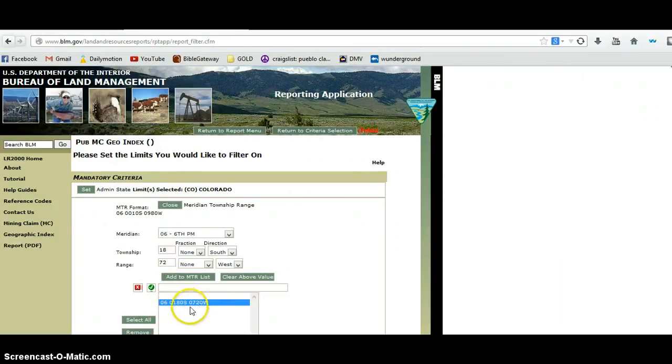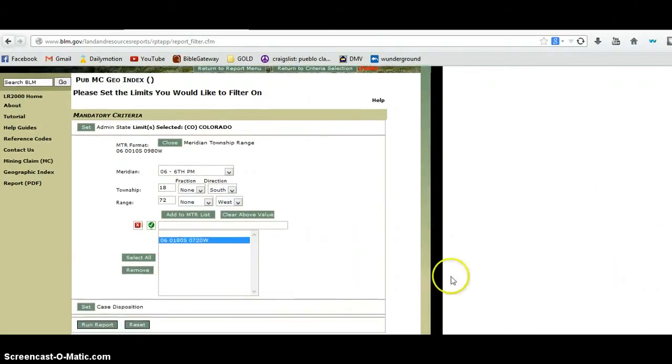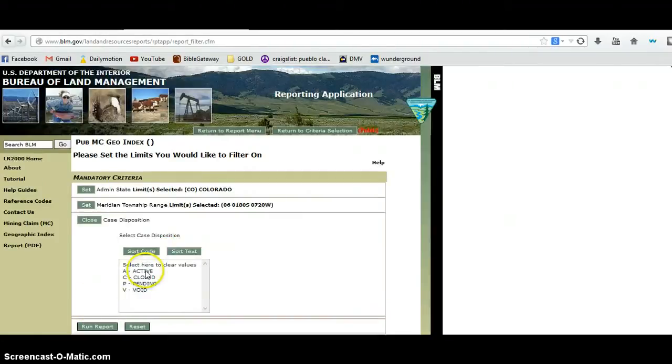They put zeros in there. It's a Unix thing, I believe, is why the format's that way. And if you wanted to, you could search multiple. You just change this number and keep adding it, and it'll search multiple townships, but we just need to search one. Case disposition. Now on this, I'm going to click on active so we can see there's active gold claims,